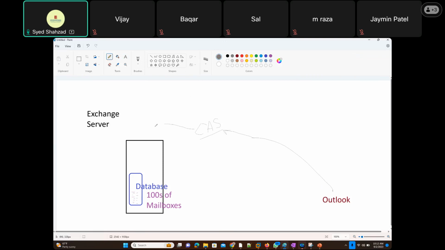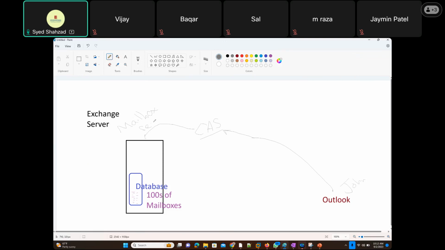And it searches for one Exchange server and its database and goes through all the mailboxes. Suppose there were 5 Exchange servers, and each Exchange server has 10 databases, or 20 databases. So it would search where is, suppose this is user John, who just clicked Outlook. John's Exchange connectivity request will go to the CAS server, client access server, and from there it's going to go to the mailbox server. So this is called, in on-premises, I'm talking about